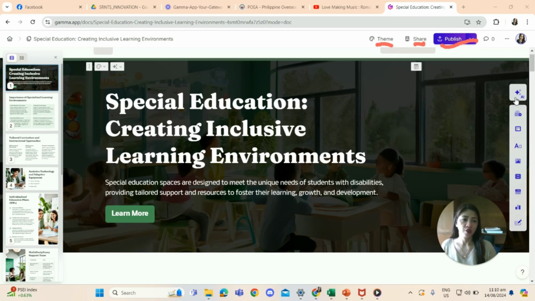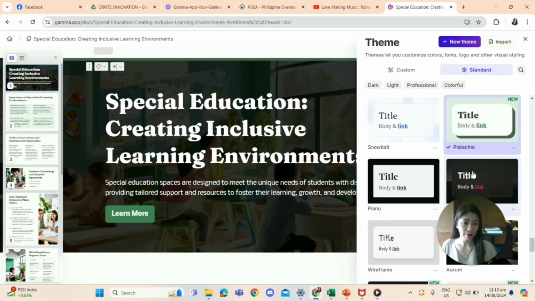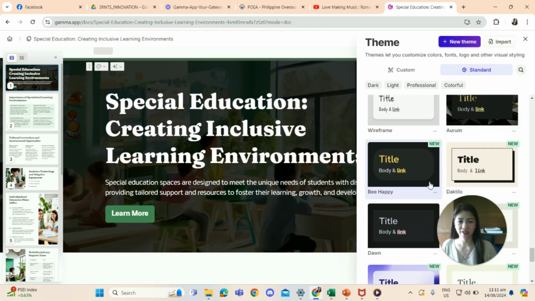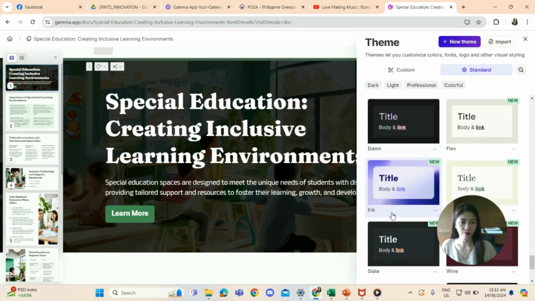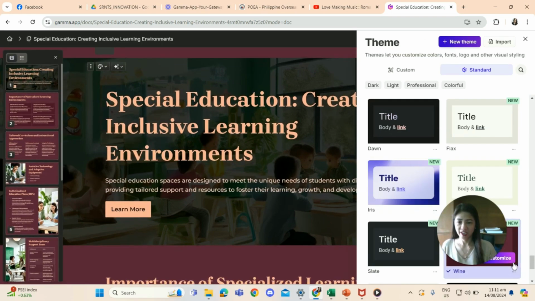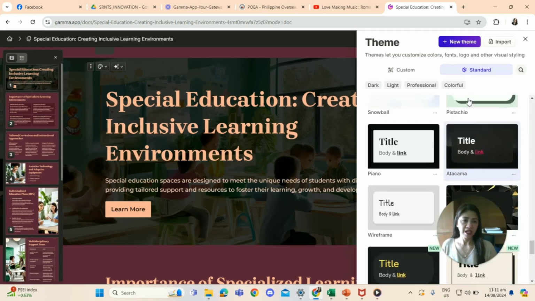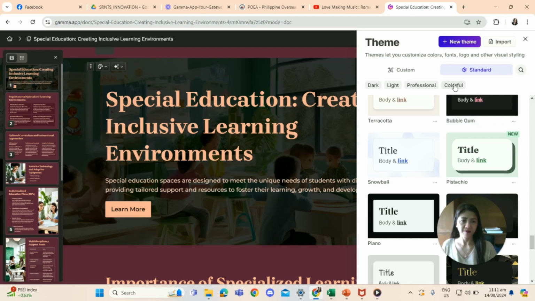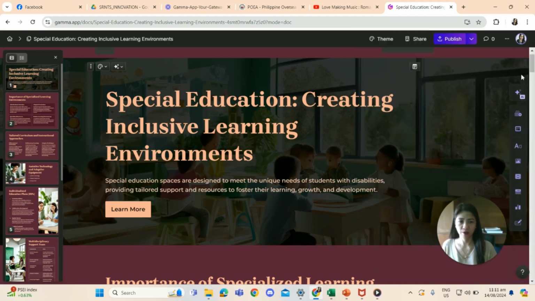In theme, again, we can still modify the theme once you think that it's not fitted or it's not okay with you. So just change it. Okay. So that's it. Then after changing it, just close the button.